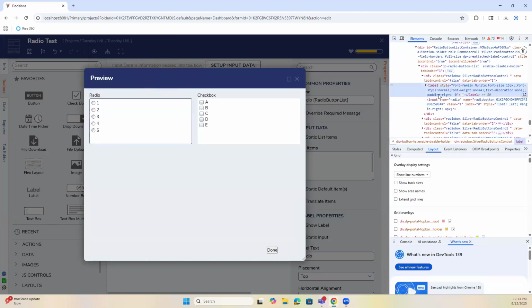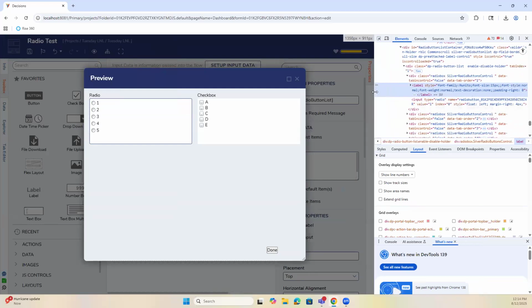Yeah. Label and then after label, input type radio. Radio button. Yeah. Value 1, index 0, style float left margin. So that input type radio, that makes it browser dependent. Typically you can apply accent color to that, but it doesn't work for some reason on this input type. So if you click on that input type,